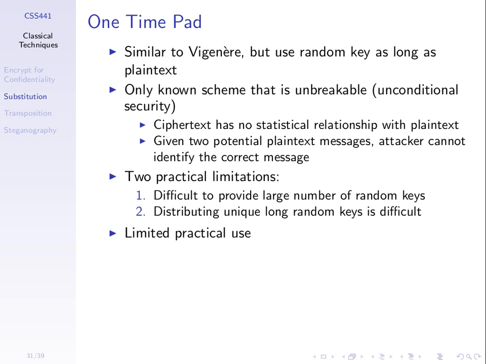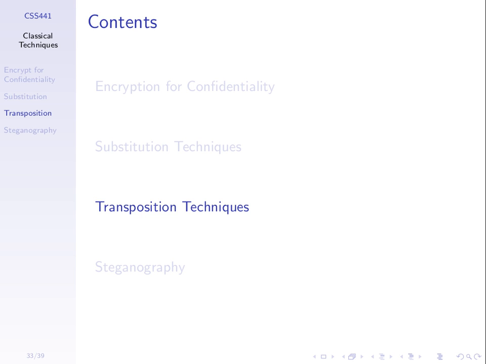So we've got the perfect cipher, the one-time pad, but it's very inconvenient to use. So what people have tried to do is develop different ciphers that are computationally secure, but easier to use than the one-time pad. What they do is combine some of the techniques we just saw, substitutions, with another operation called transposition. So the next two examples are of transposition ciphers, transposition techniques, and then we'll see in the next topic that real ciphers use a combination of substitutions and transpositions.